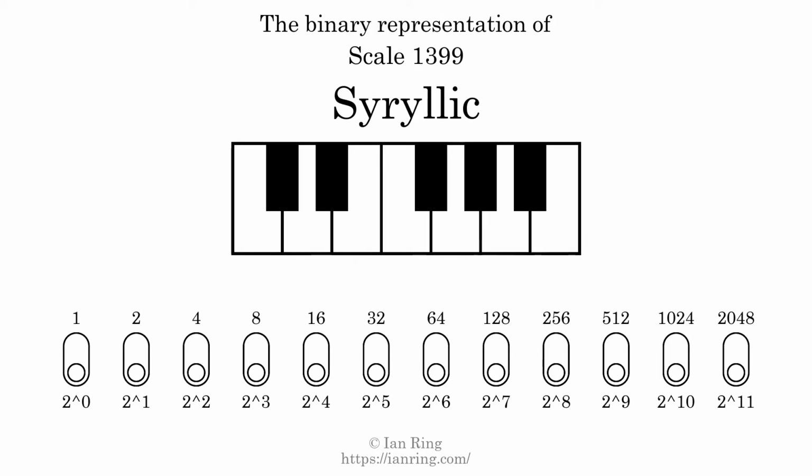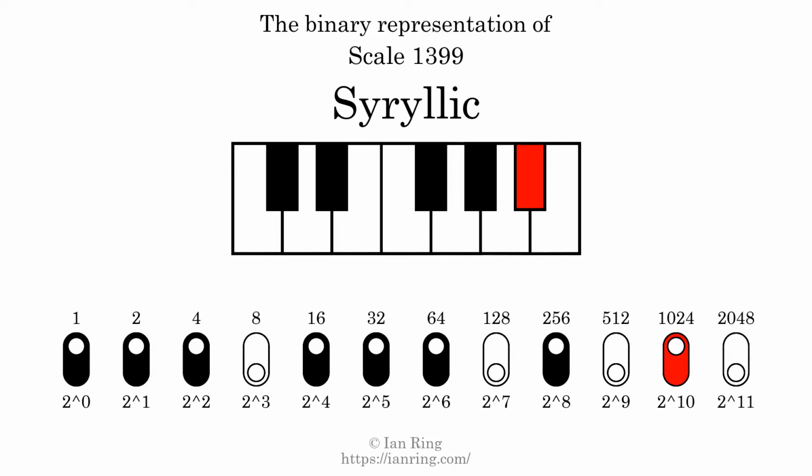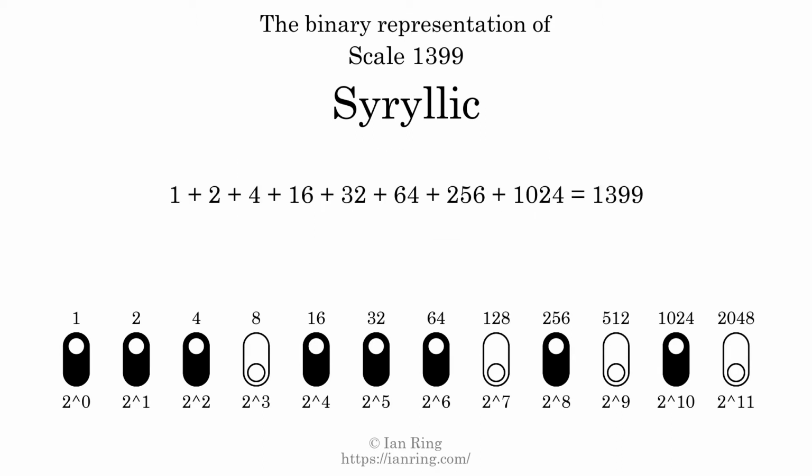The binary representation of this scale is determined by mapping tones of the scale to binary digits. Each binary digit represents a power of 2. To get the scale number, we add the powers of 2 together. The powers of 2 that are present in the scale, all added together, equals 1399. That is why the scale number, in decimal, is